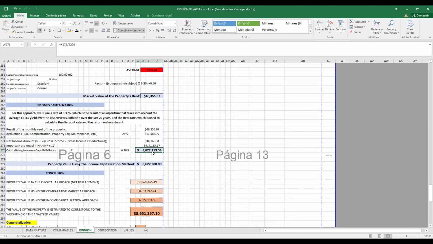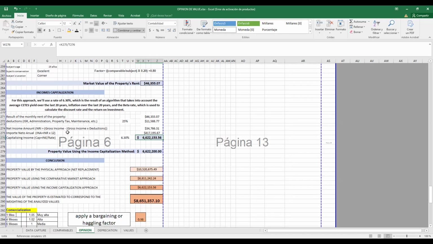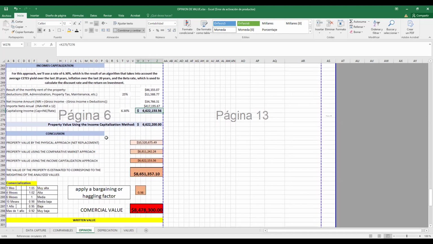This is the price from this method. And we already have three methods, three prices: this from the physical approach, this from the market approach, and this from the capitalization approach.